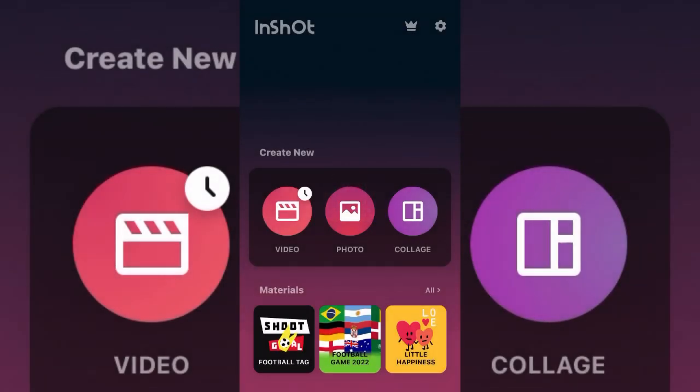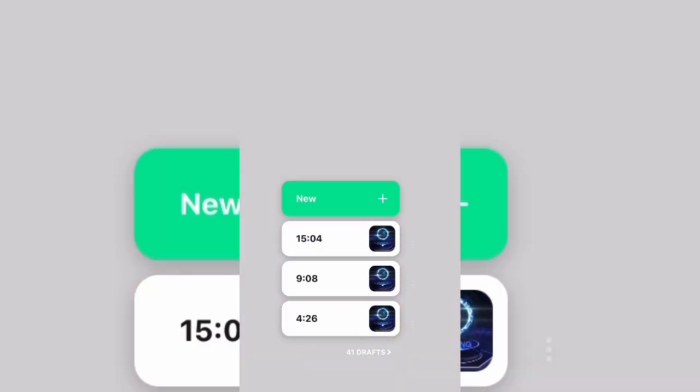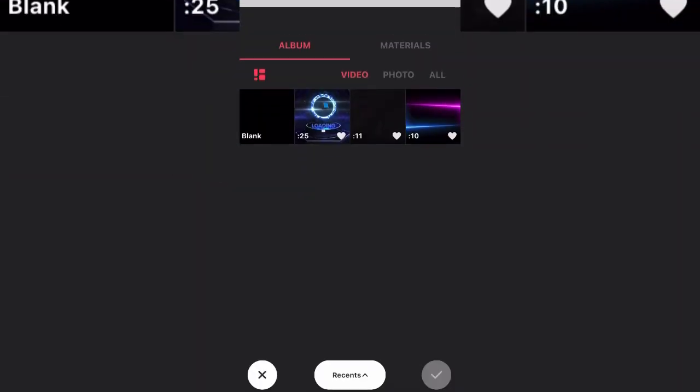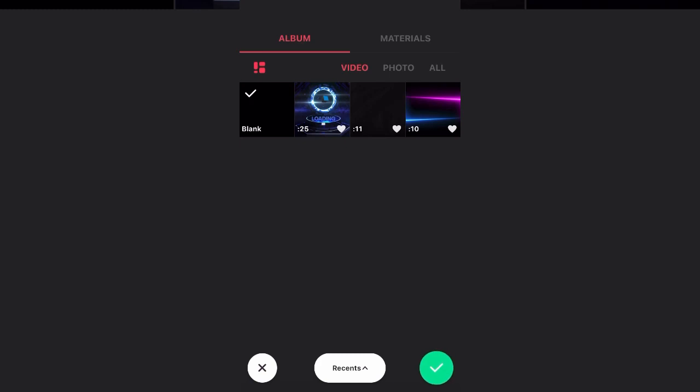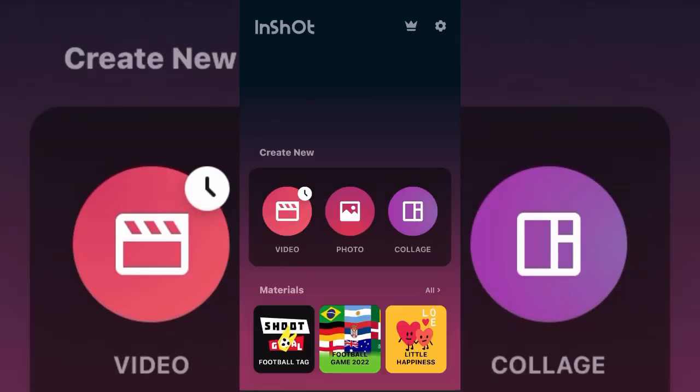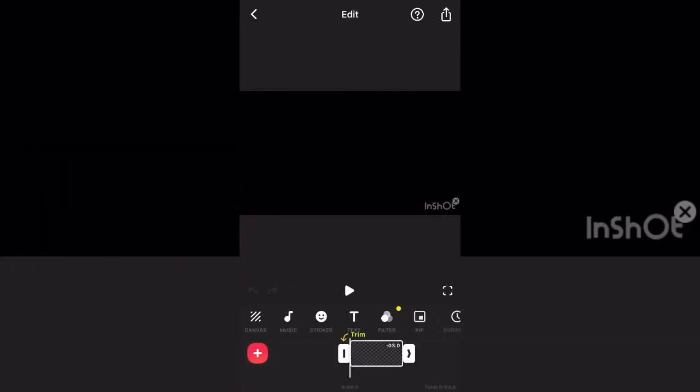Gonna tell you how to make video through InShot app. First of all, just open the InShot app, create new, and from here you can choose blank video, and you can increase its duration as much as you want, and then